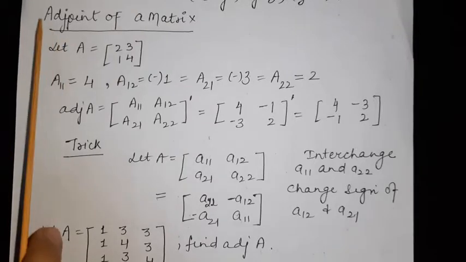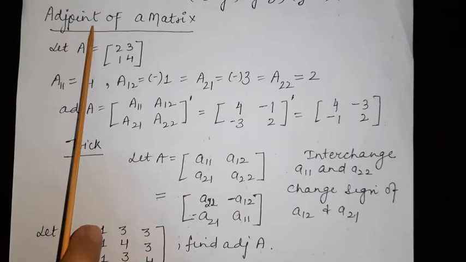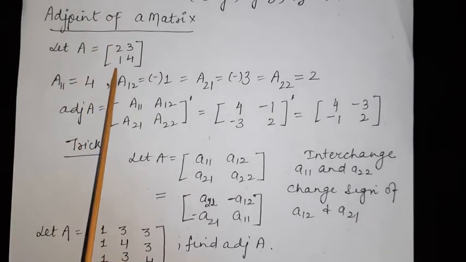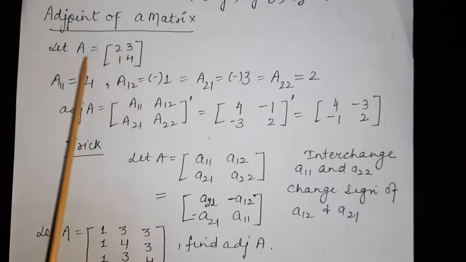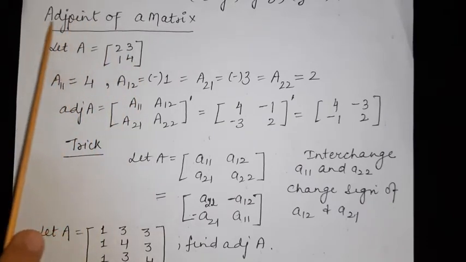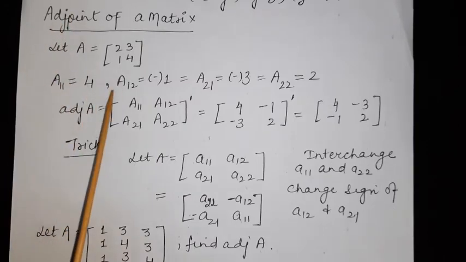Hello students, today our topic is adjoint of a matrix. So we will understand this concept with the help of one example. So we are taking one matrix of order 2. Now the first step in finding the adjoint of a matrix is to calculate the cofactor of